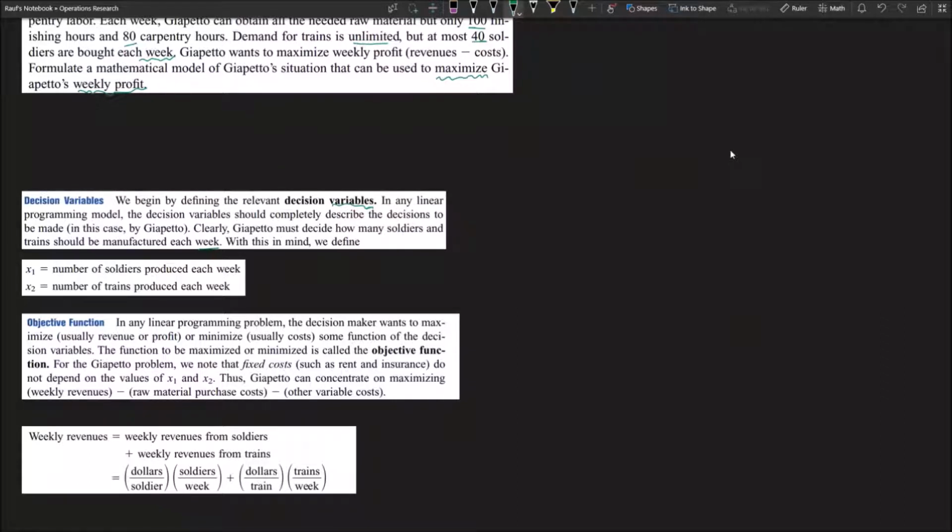So first, we assume x1 to be the number of soldiers produced each week and x2 the number of trains produced each week. Those are the decision variables helping us to construct our model and